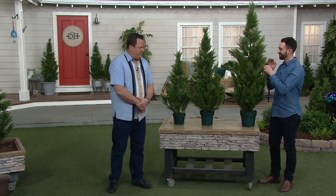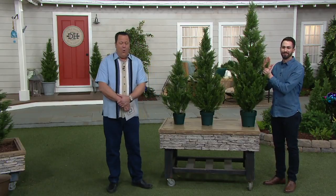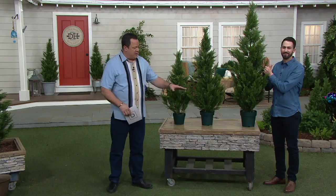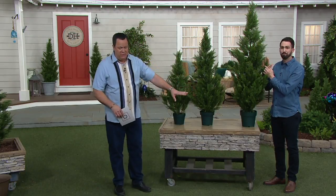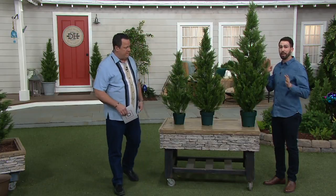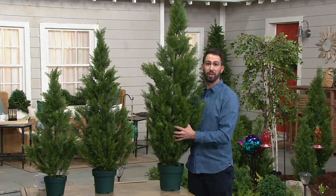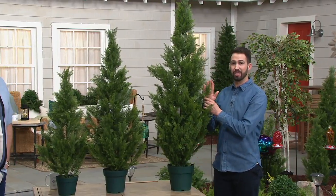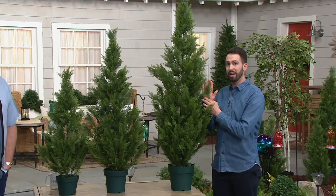I think it makes a perfect time now for you to think about where and how you'll use these, and get them ordered. These come in permanent pots. Those pots are not removable, but they're also weighted to keep these trees upright, for good reason. Immediately out of the box, this is going to withstand any of the winds. You put it out on the front door, you don't need anything else. It's going to stay right there. But no matter what size you get, you're